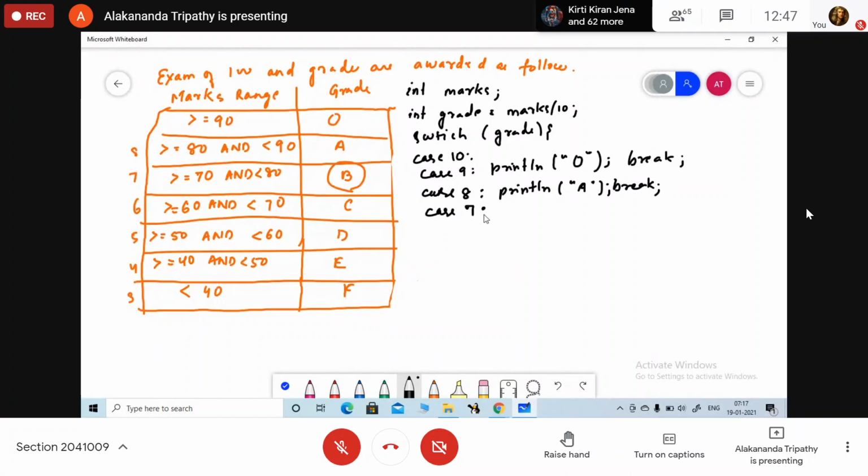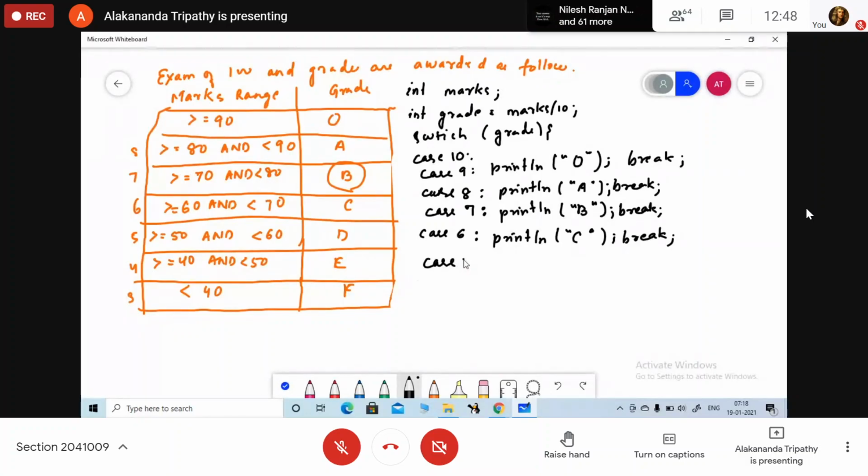Case 7, println C, break. Case 5, so what will be the value?